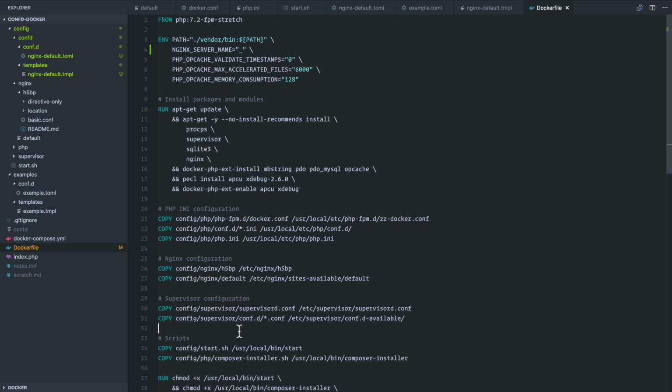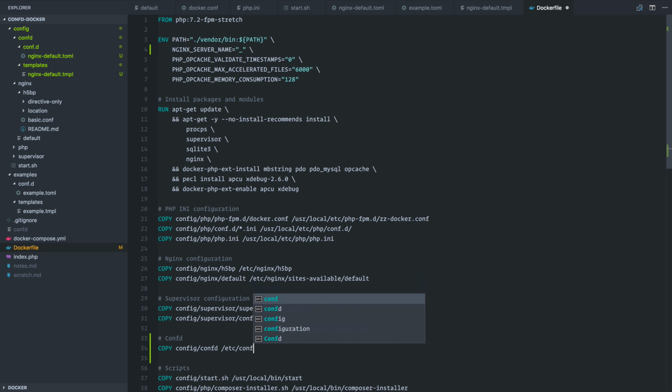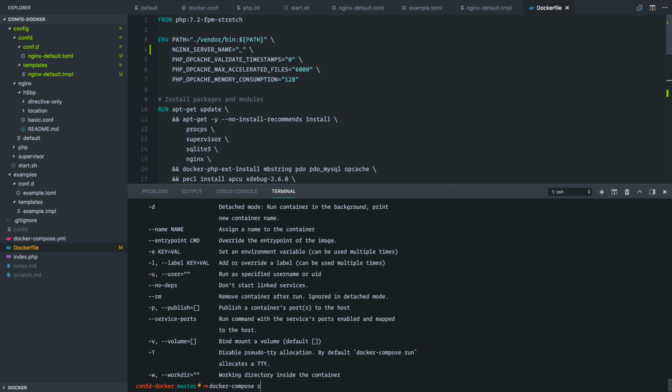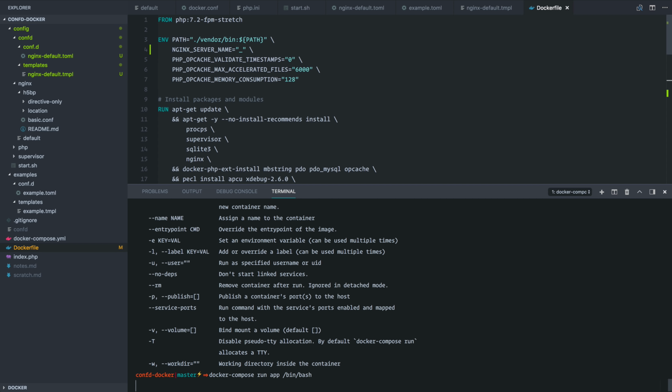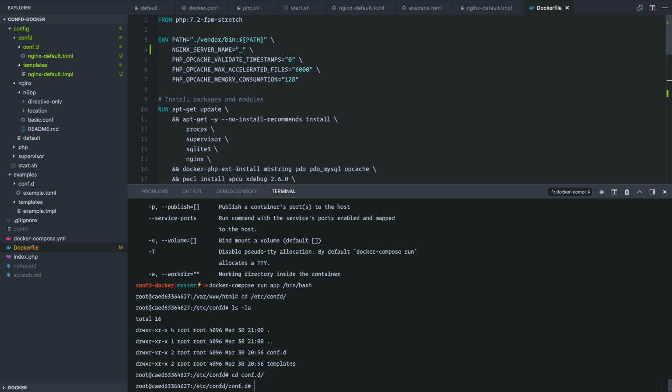We're going to add another block here called confd. We're going to COPY config confd, and we're going to do etc confd. So let's just see if this actually works. I'm using Docker Compose for convenience, but we're just going to do a docker compose build, and let's see what happens. We're going to do a docker compose run app bin bash. So we're going to get a bash session here, and we're going to go into etc confd, and let's see what this looks like. All right, so this is exactly what we wanted. If we actually explore further,